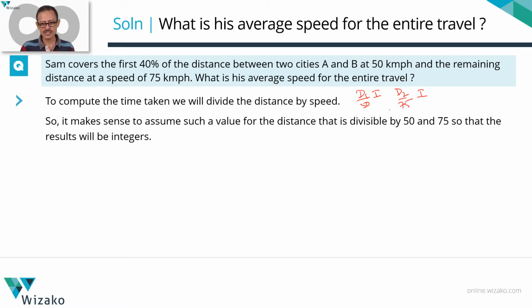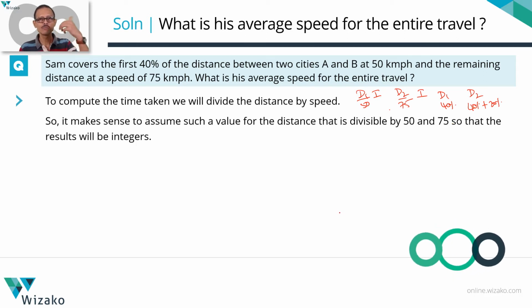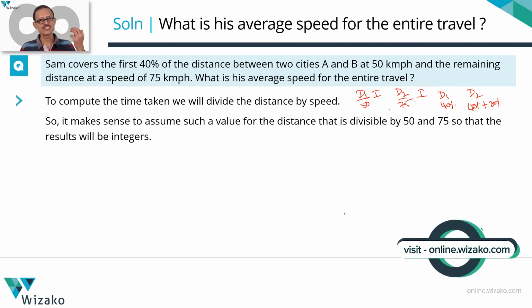But hold on, let's look at what this d2 is. d1 is 40% of the distance. d2 is 60% of the distance. So shall we think of it as 40% plus 20%? Essentially, these are all going to be a percentage of some overall value. So let's pick a number for d1 that is divisible by both 50 and 75, so I can easily extrapolate it for the second part. If that 40% is divisible by 50 and 75, then 60%, which is a larger number, will definitely be divisible by 50 and 75. Let's not even worry about it.